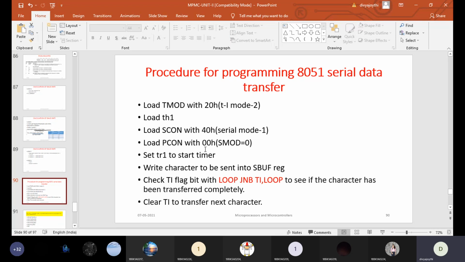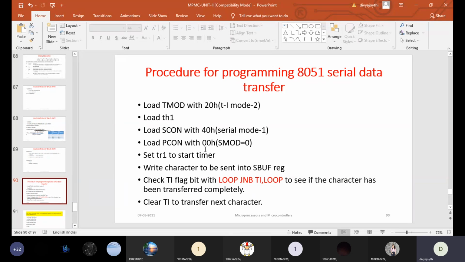Here we have 2 timers, timer 0 and timer 1. Now which bit needs to be used? TR1, the timer run bit of the first timer, needs to be used, because among timer 0 and timer 1 we have selected timer 1. That is the reason why timer 1 needs to be started. In order to start timer 1, we need to write SETB TR1, or we can also write SETB TCON.4, because TCON is bit addressable. We can write either of these 2 statements.